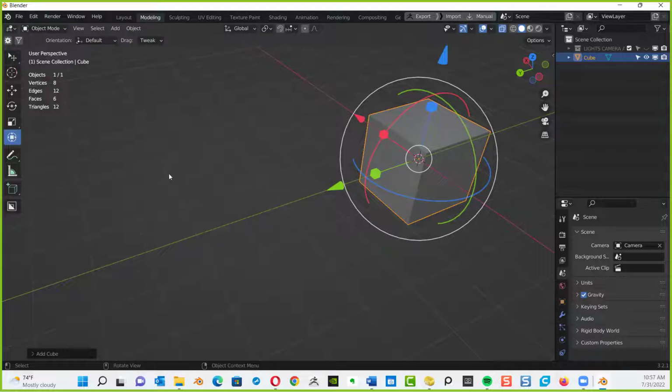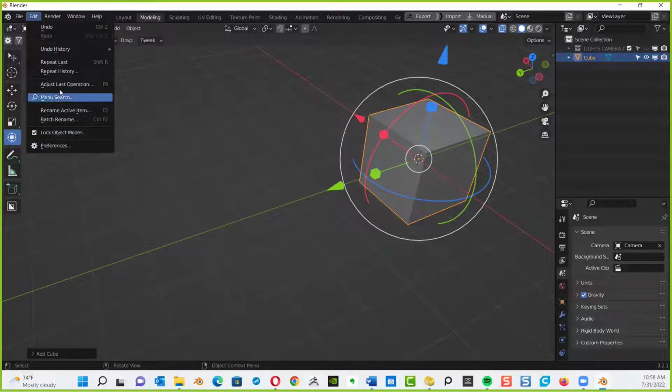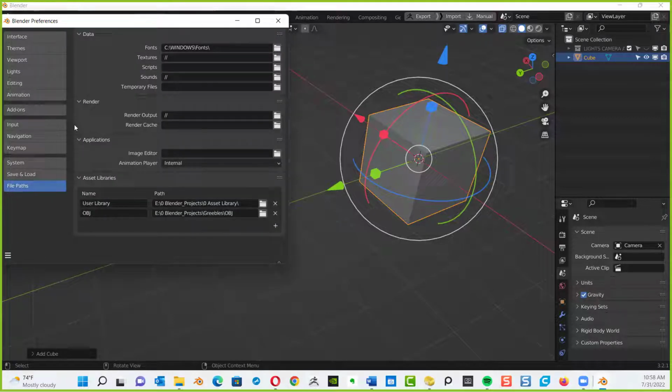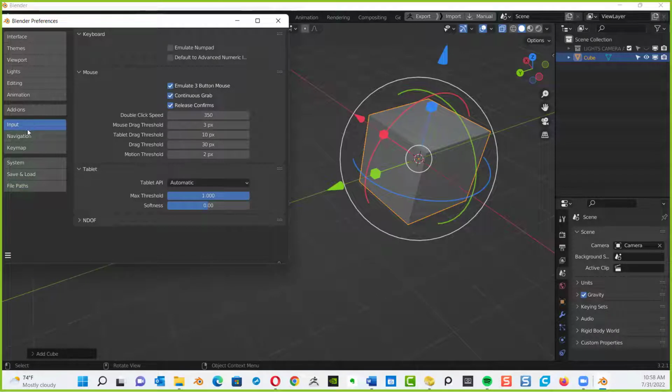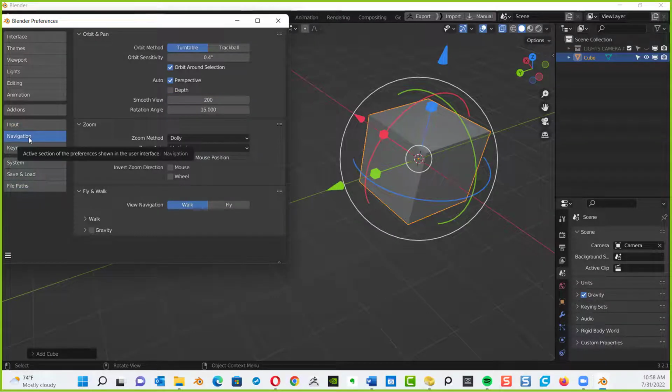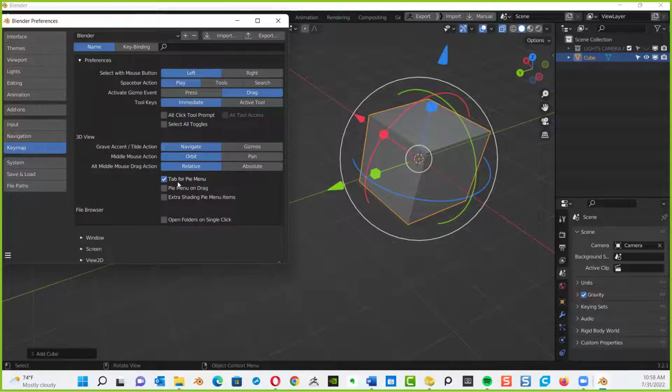All right. One question. I had to enable the pie menus and the add-ons before I could see it as an option in the hotkeys. So you want pie menu to be set to tab? Yes. So if I go back to the preferences here, and where was that? Is that the input or was that under navigation? Key map. Oh, there we go. That's right. So tab for pie menu.